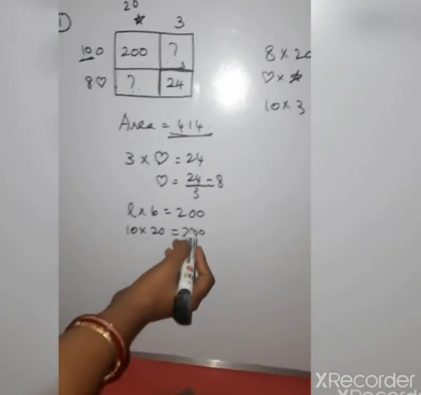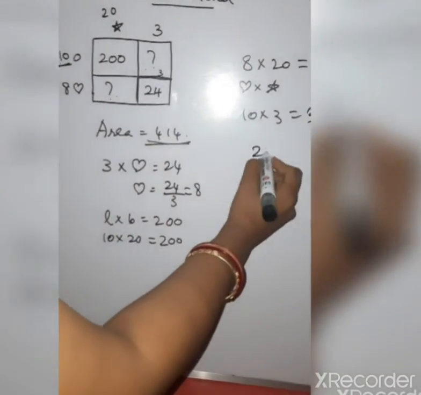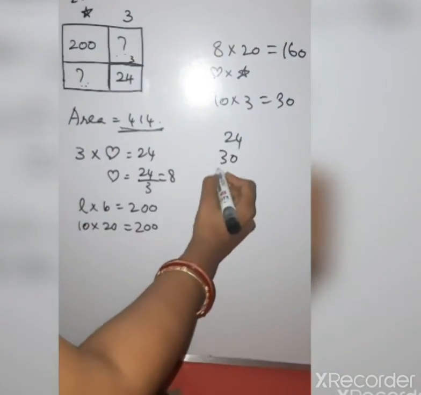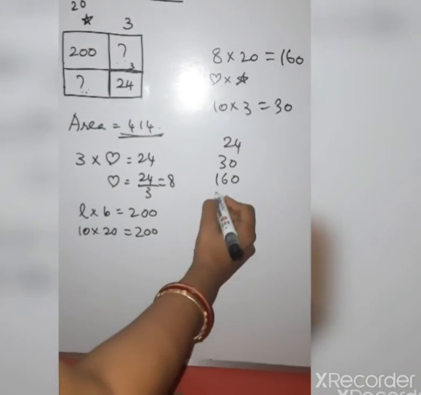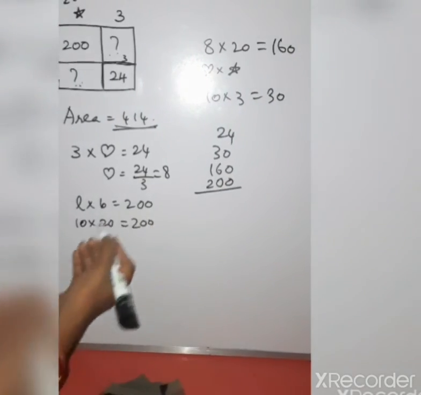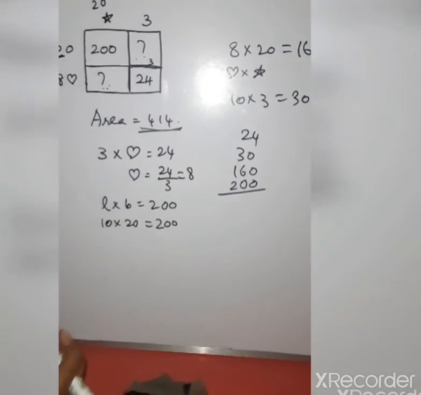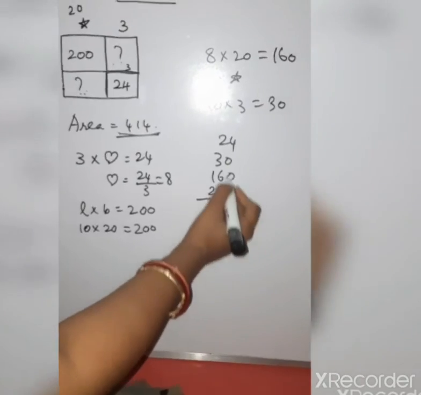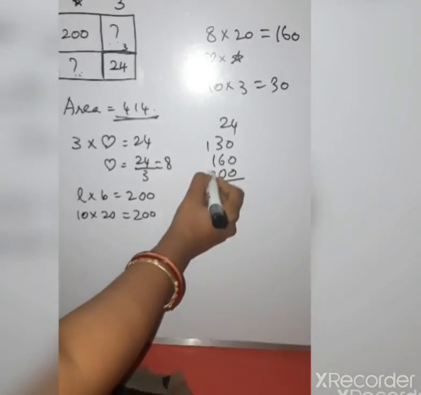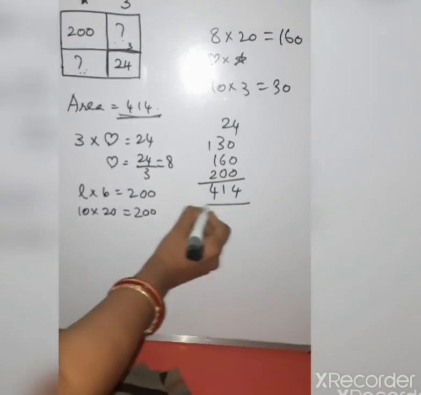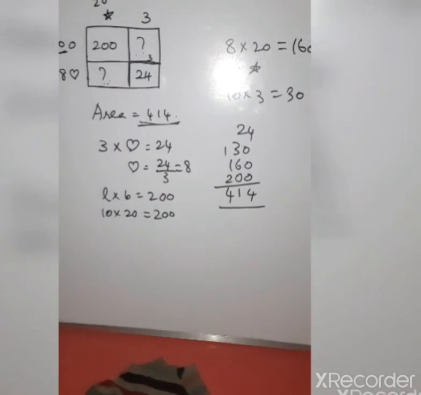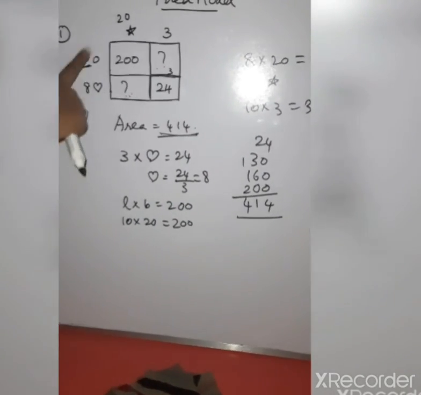And now we are going to check our results, whether we get the whole area as 414. So what was the first area we got? It is 24, plus 30, plus the other area 160, and the fourth area 200. Let me add this and check whether we are getting 414. If it is 414, right, or else you will change to some other factor for 200. Okay, so this is 4. 6 plus 3 is 9. 9 plus 2 is 11. 2, 3 and 4. So 414, we got the area. So our guess is right, and this is a way to find the left-out values.